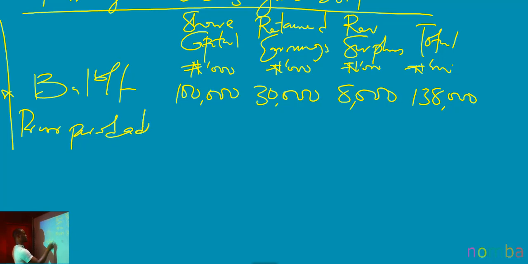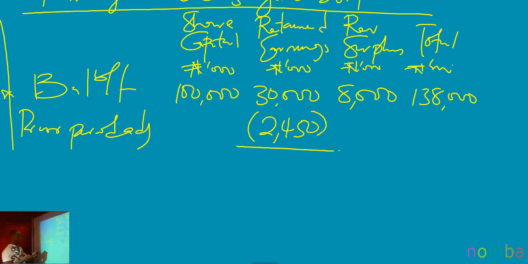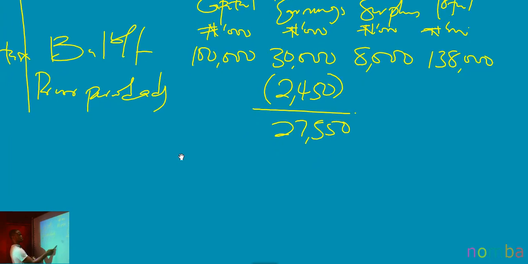A prior period adjustment, which is 2,450. It has been overstated in the previous period, so we need to bring it down. So if you deduct 2,450 from this 30,000, it brings it down to 27,550. That would be my restated profit. In addition to that,